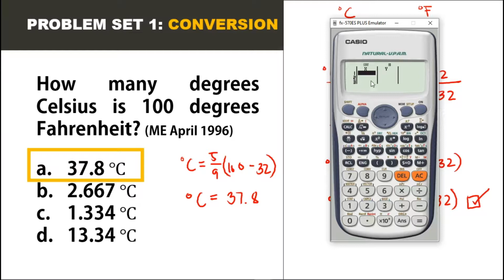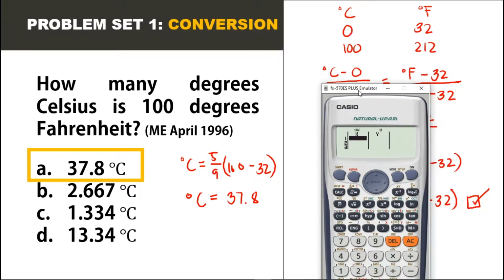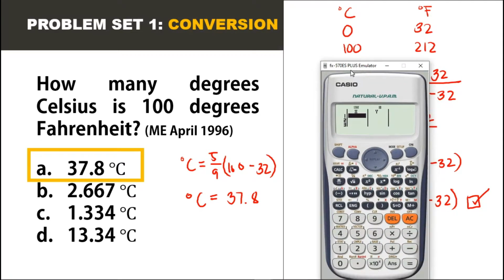So we have here x. For example, this column x corresponds to degrees Celsius, and the column y corresponds to degrees Fahrenheit. So for 0 degrees Celsius, we have 32 degrees Fahrenheit. And for 100, you have 212 degrees Fahrenheit. So basically what we are going to do here is just use linear interpolation, but